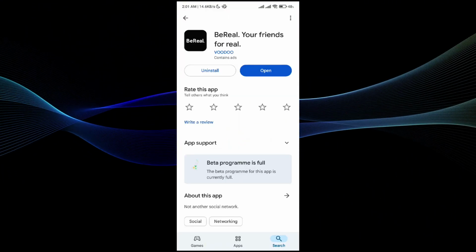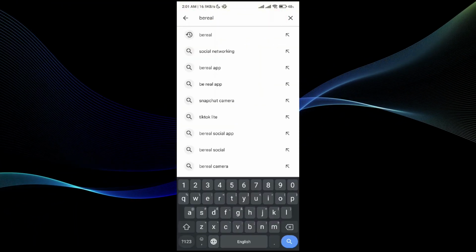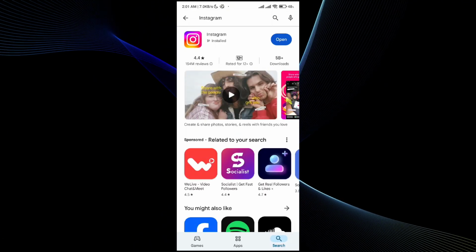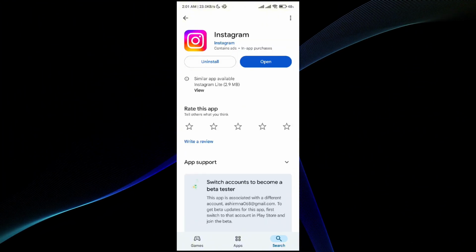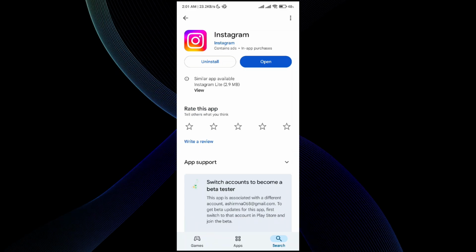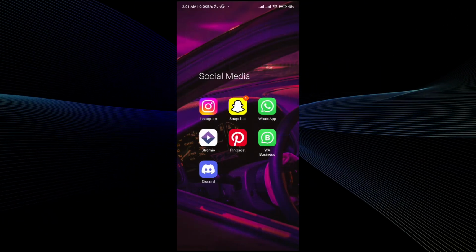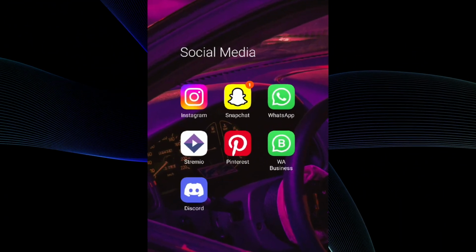And one thing is very important to notice, that what you have to do is to make sure that your Instagram application is running on the latest version. So simply go ahead, hit Play Store, and in the Play Store, make sure you check that there is no pending update available for the Instagram. And once you do that, simply go to the main menu and then hover over the application. Maybe this will fix the issue, but if the issue still persists, what you have to do is to go